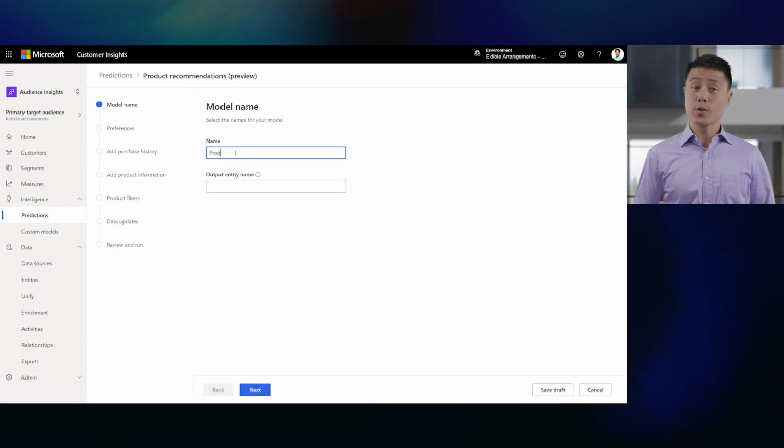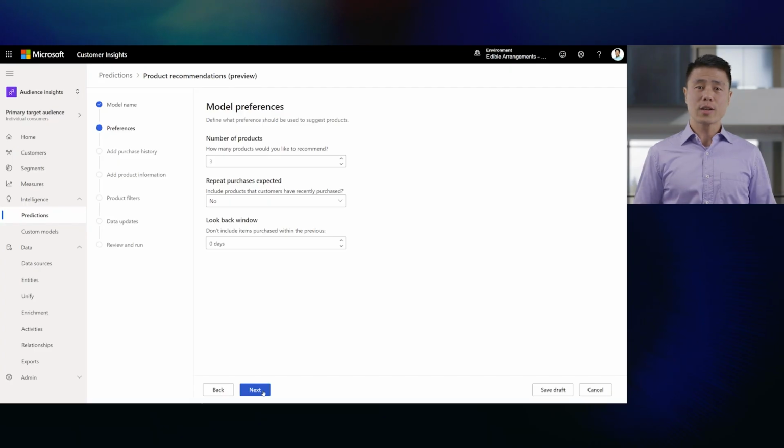Choose a name here, and you can see how this is a consistent experience across all the models. For the product recommendations model, you start by specifying how many products you want to recommend. You can decide whether you want to include products that customers have recently purchased. If not, then set the look-back window, which is the time frame the model considers before recommending the product to